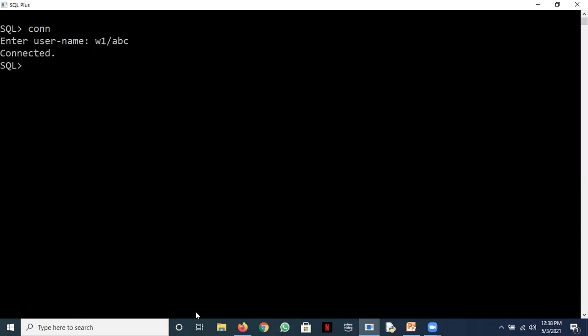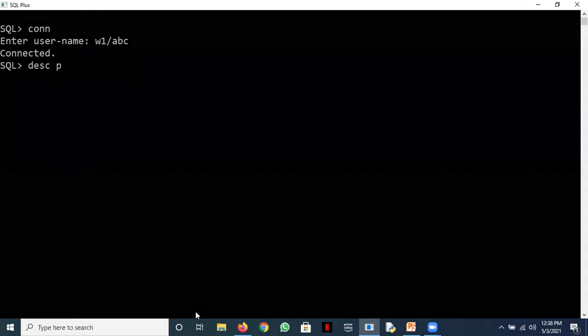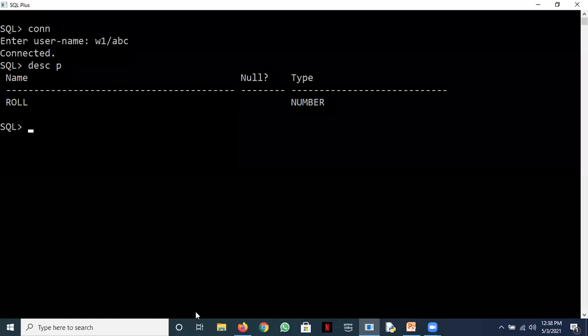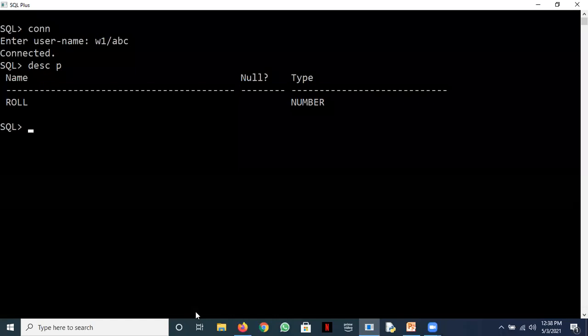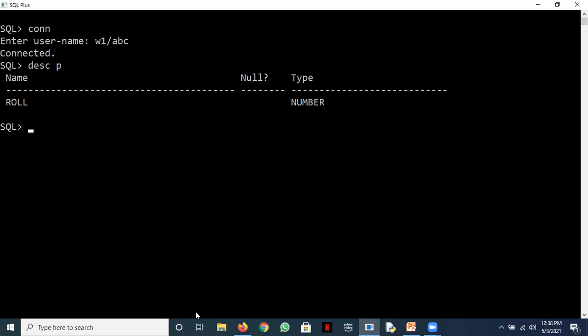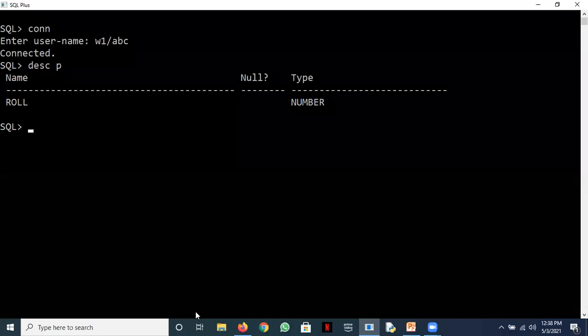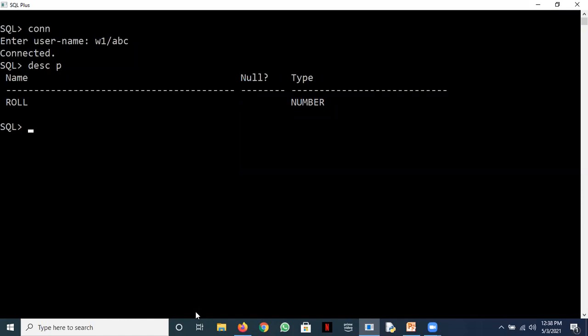I'm connected as this user and there is a table P. I would ask you to do some alterations for this. We have discussed this already in the class, but since it's a lab session, it might be interesting. Nobody is willing. You people are so tired. You are young minds. You don't want to participate in something new.